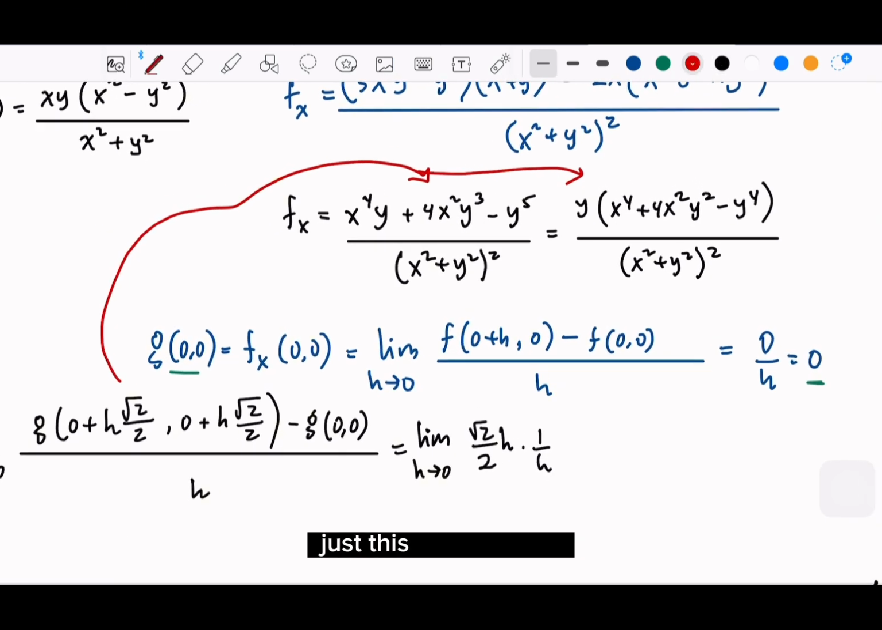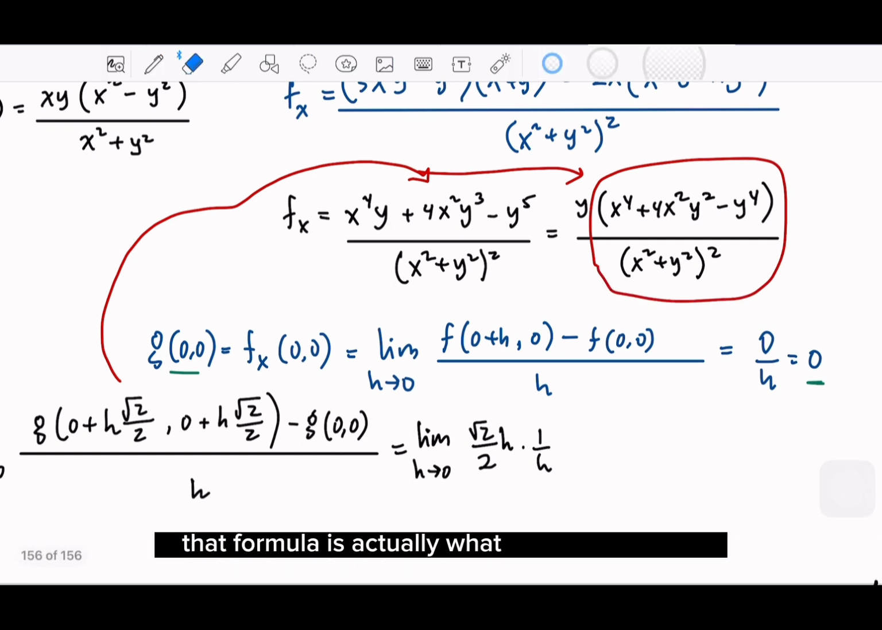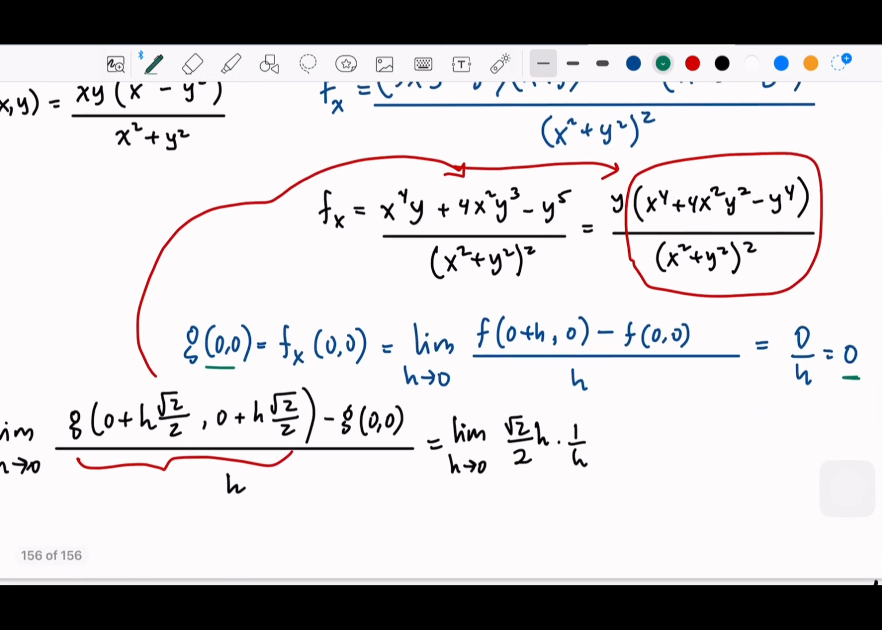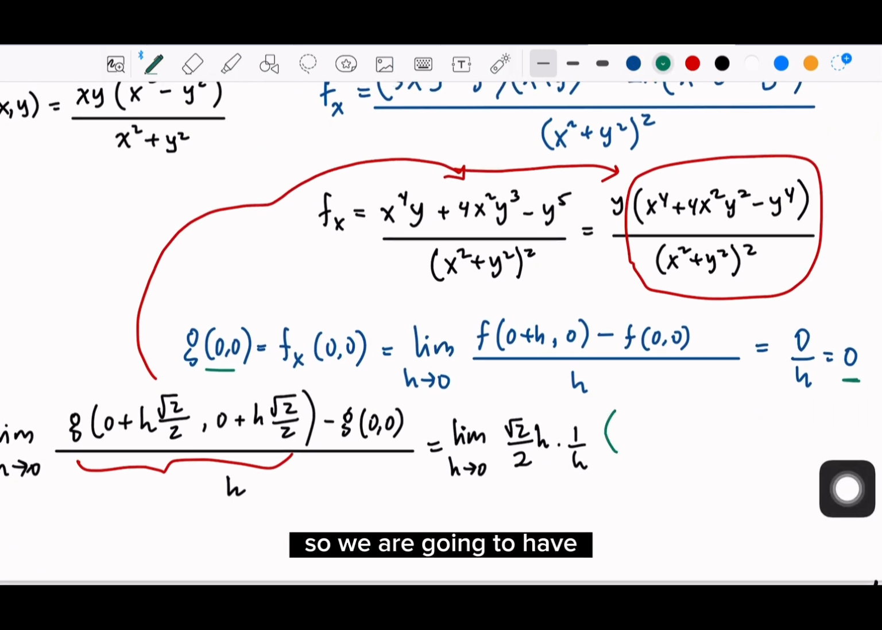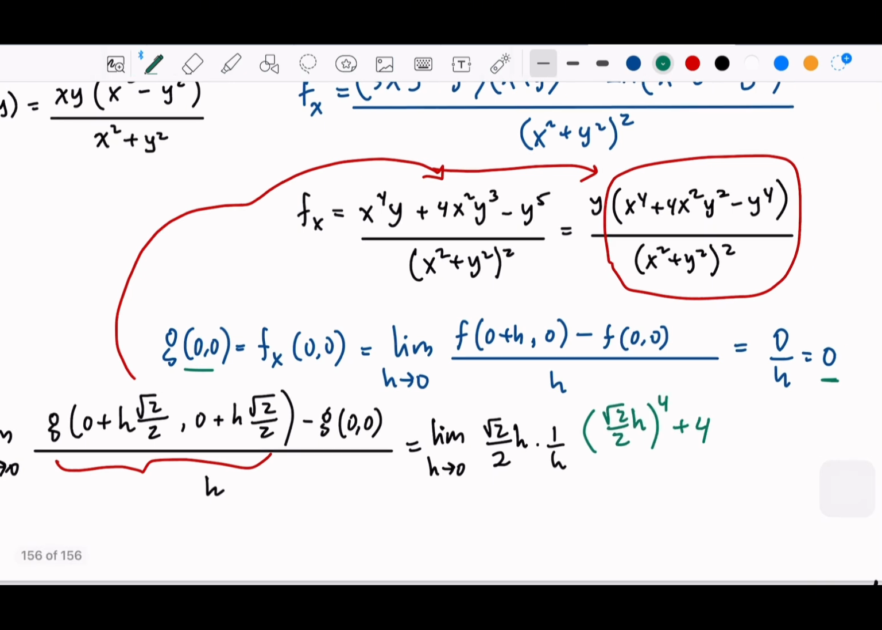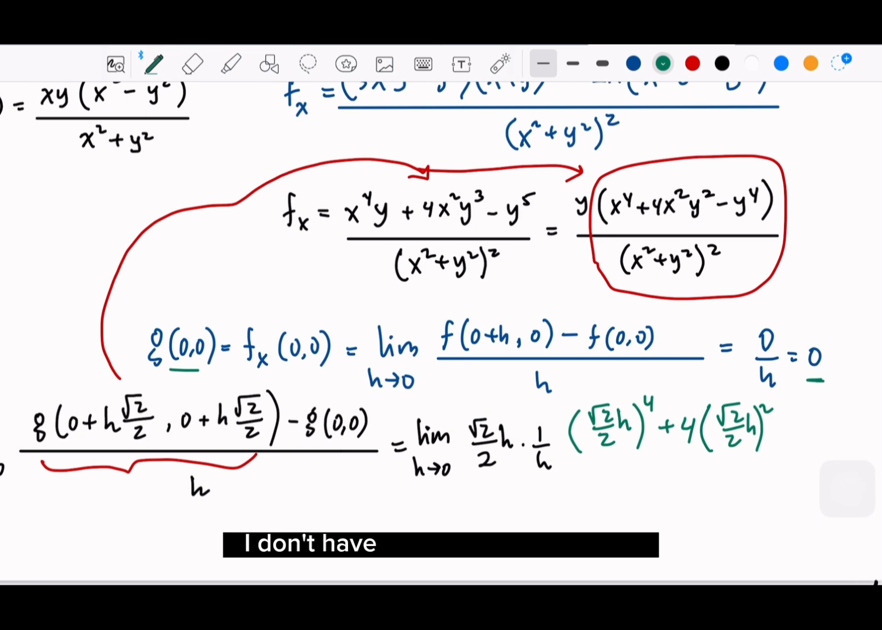Okay, just this formula here. So that formula is actually what we have in our G, right? In our G here. So let's plug in all. Let me write with green. So we are going to have square root of 2 over 2h to the power of 4 plus 4, and then square root of 2 over 2h squared. I don't have space, so